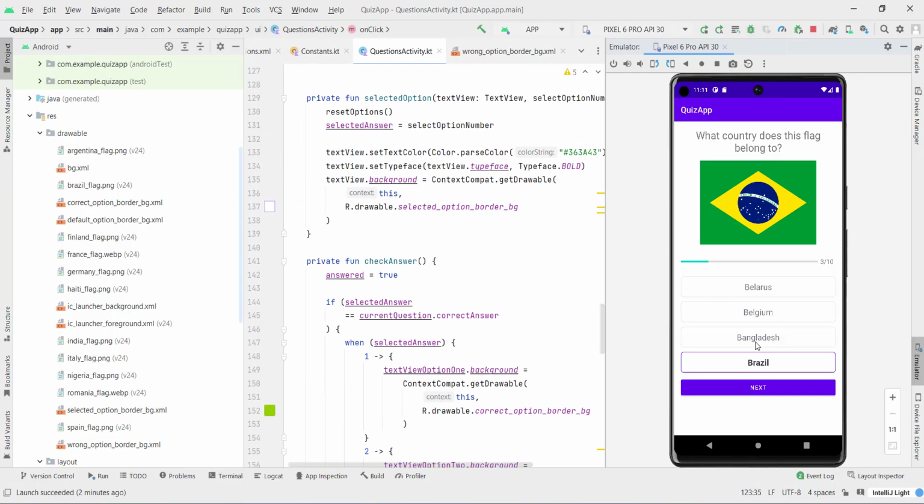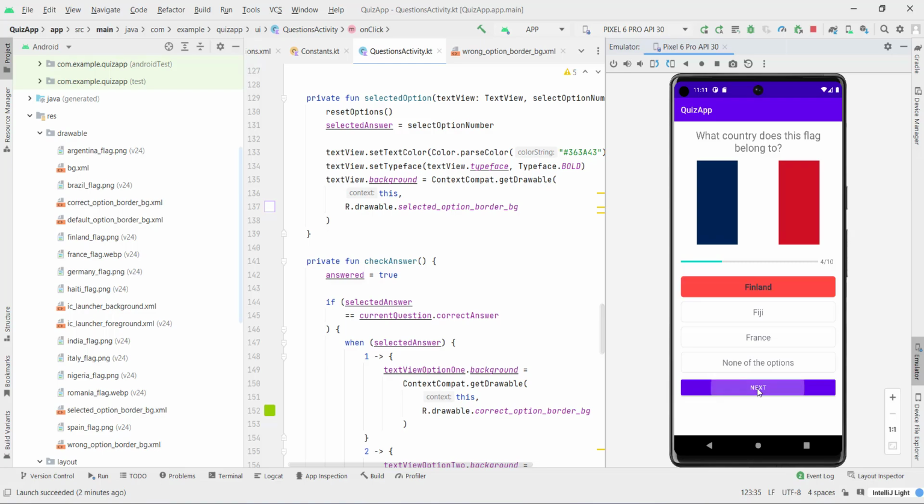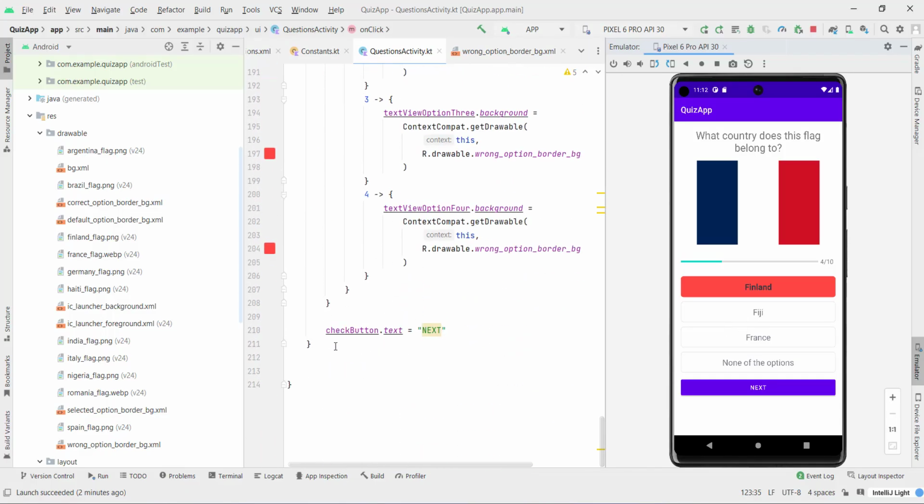Now let's also show, as you can see we have a problem. Let's show also the correct answer. So I'm gonna go down here. I'll create a function which I'm gonna call here, called show solution. So I'm gonna type here private fun show solution,